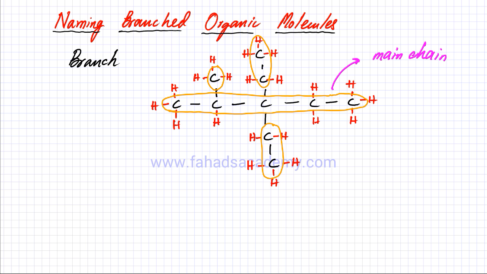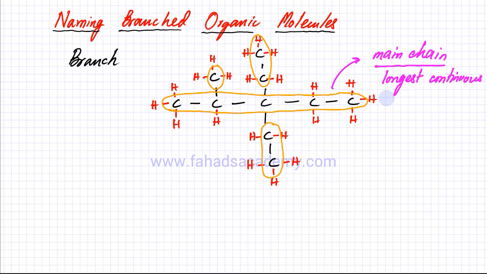Now our main chain is going to be the longest continuous carbon atom chain. Now one important thing about this chain is that it's not necessary that the chain is a straight chain. It could be bent as well. So let me draw another molecule. Let's come up with another molecule,